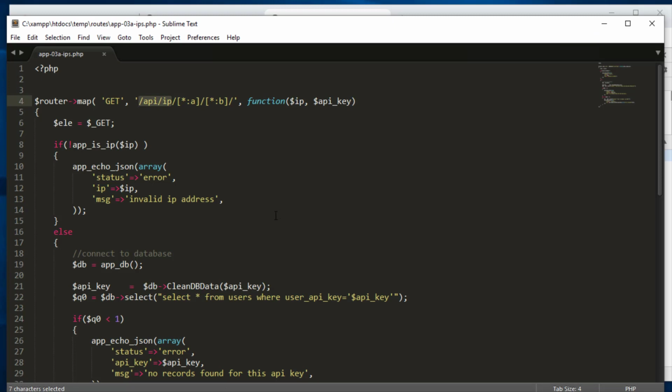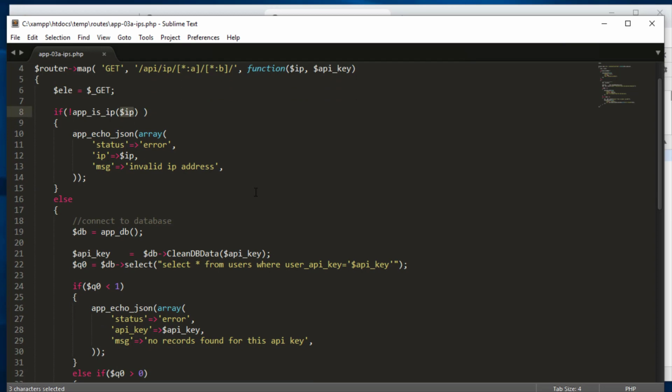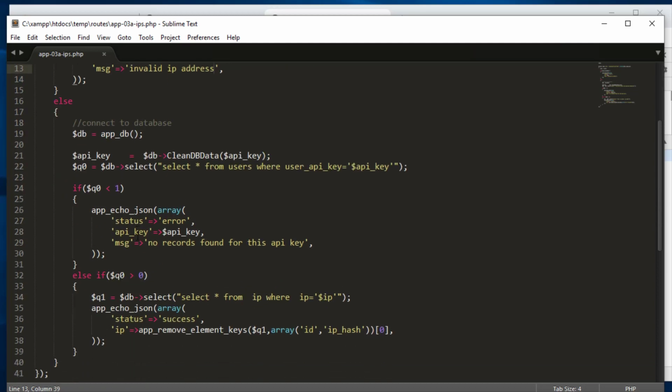And this is what's happening here. The first step, once again, this is in your validator file that you are going to get access to, is to check to see if the IP address someone put in is valid. Number one, right? If it's not, then you need to give them an error message, the invalid IP address. However, if it's valid, the next step is to check to see if the API key is in